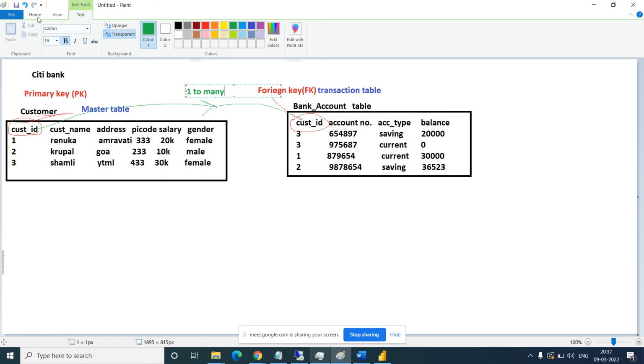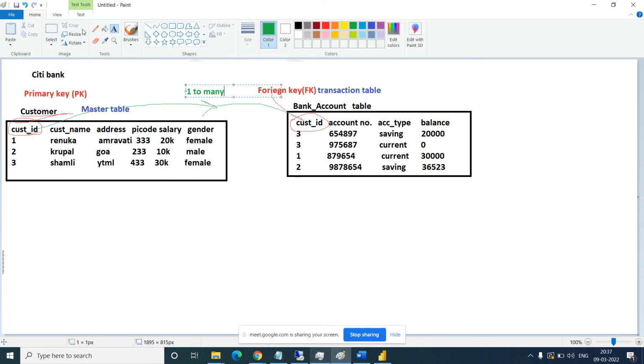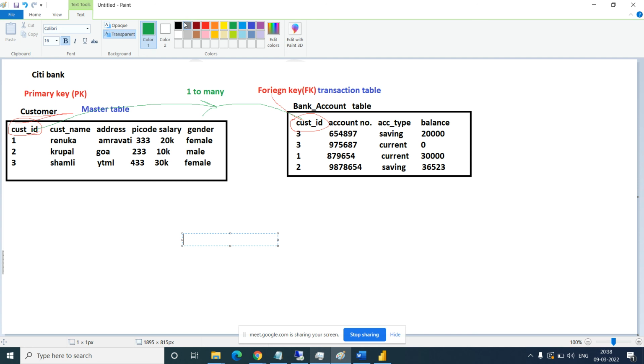Now let me create one more table. I have one more table, that is the transaction statement table. In the transaction statement table, I have some transactions.